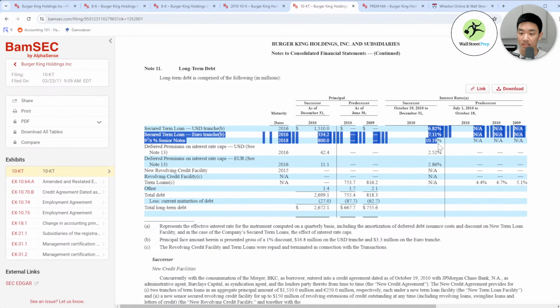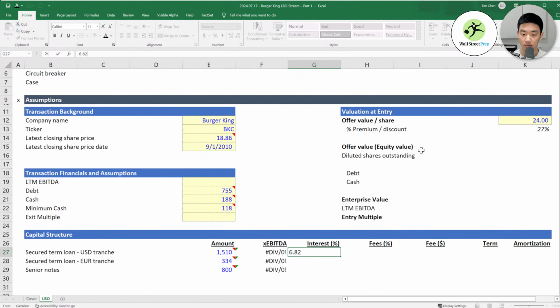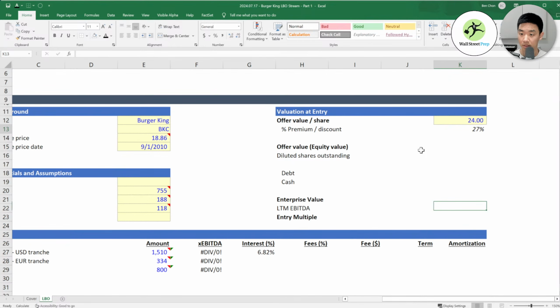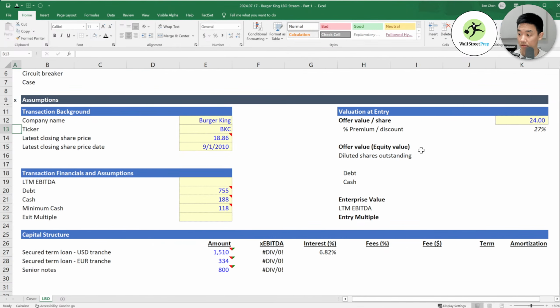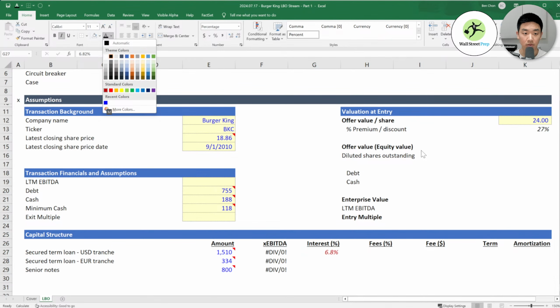Okay, and then you can see the interest rates here as well, right? 6.82%, 7.11, 10.19. And let's get, okay, 6.8%, make this blue.